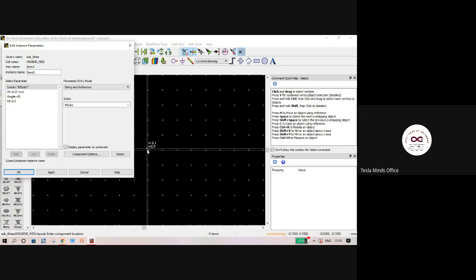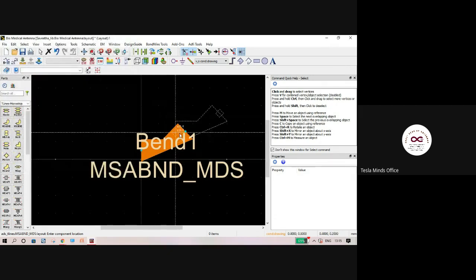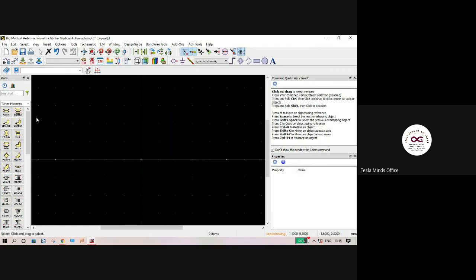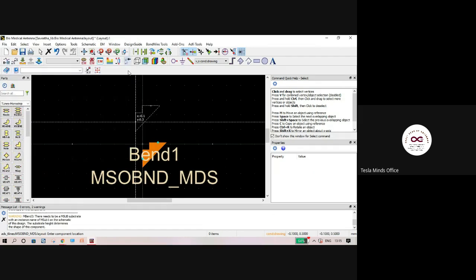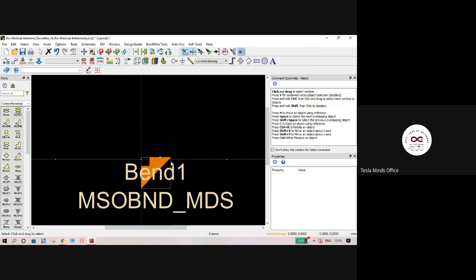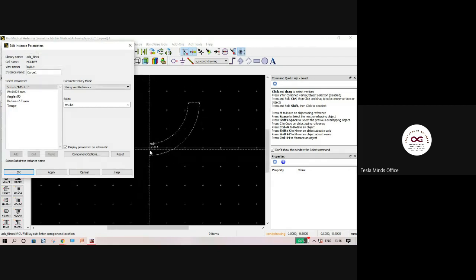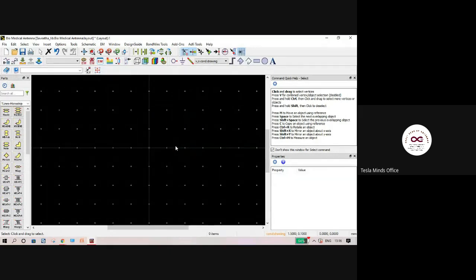Then you have bend structures, used for routing PCB lines across the board. You have right angle bends, then curved bends. You can include these structures if you want.